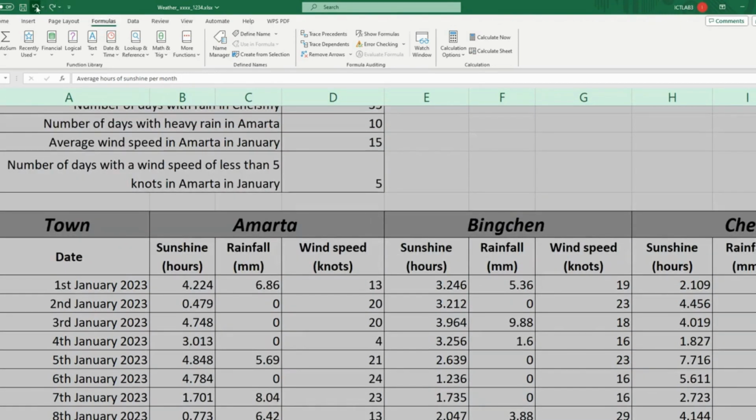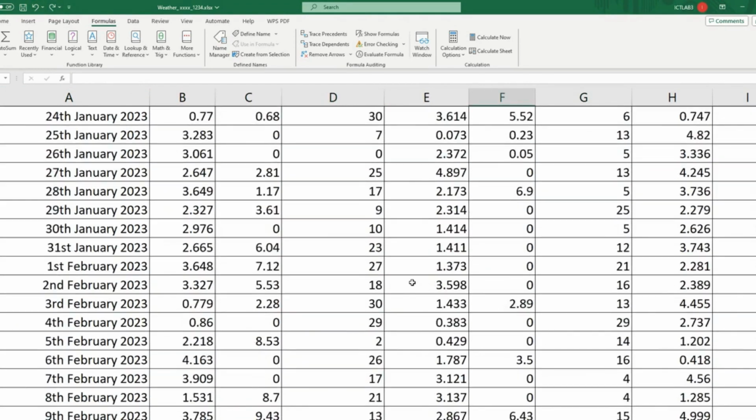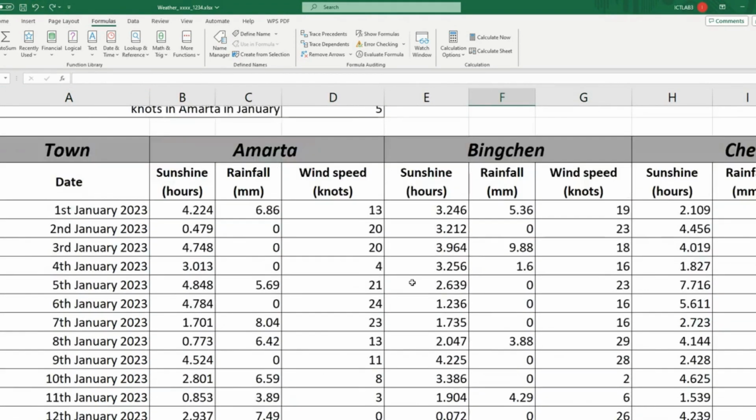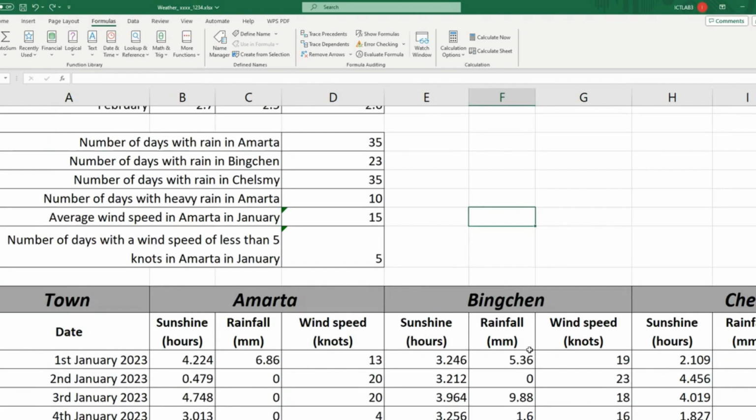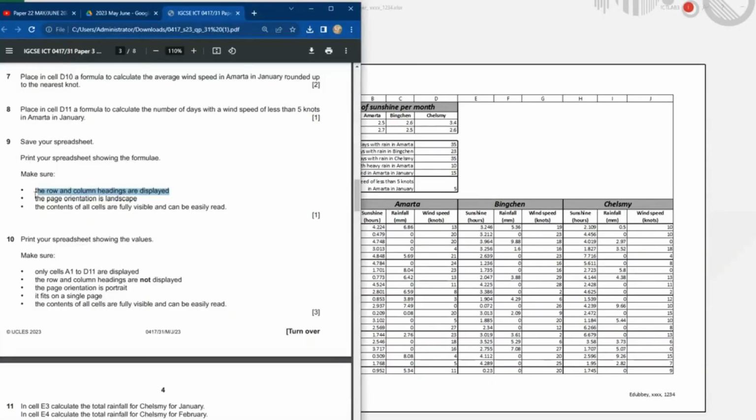Where was it? Okay, this one. Press OK. Everything is okay like this. This is the way it was initially. So before you start printing the formula, just click on undo. Now you need to print this again to show the value this time. When you want to show the value, what do you need to do? Only